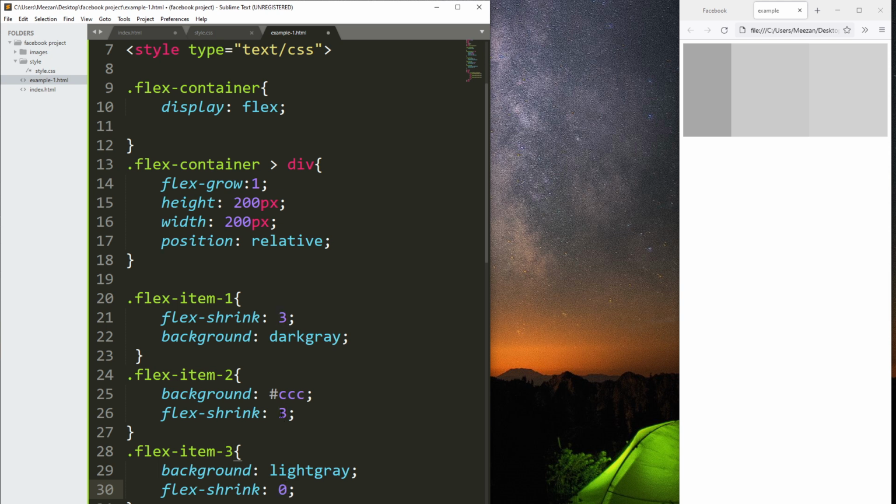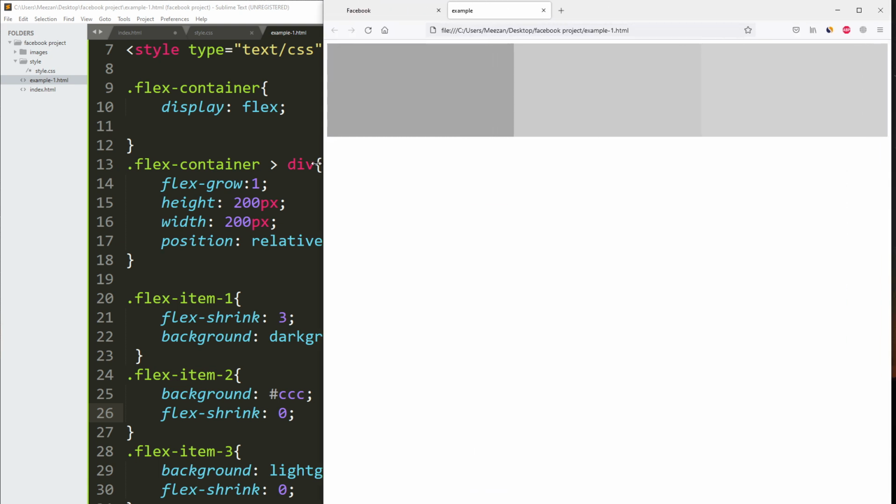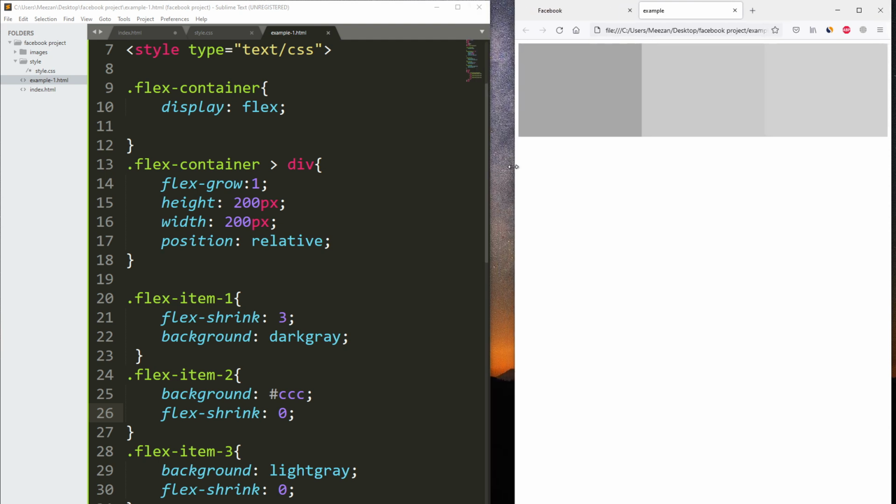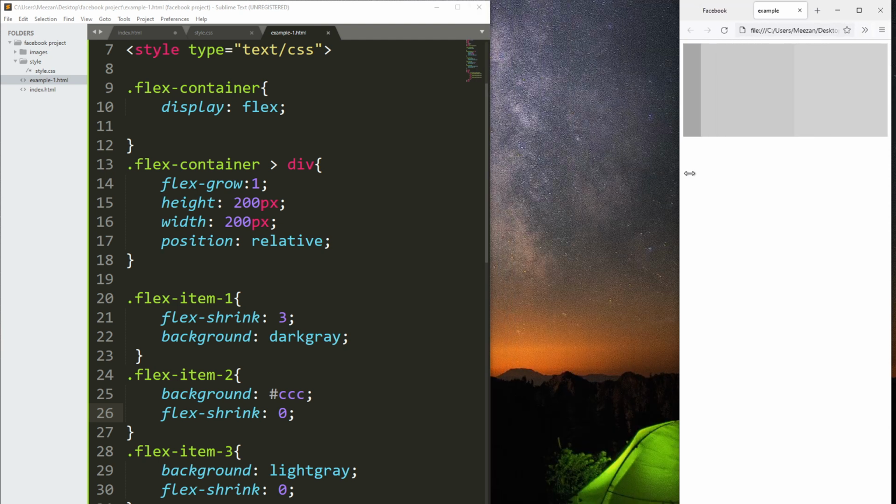Let's say I put 0 here and 0 here and save the file, and I refresh the page. You can see the flex items which are given the flex shrink 0 value are not shrinking at all, and you can see flex item 1 shrinks 3 times faster than these two elements. If I increase the size of the browser, you will see it getting back its position, and when I reduce the size, you can see it reducing 3 times faster than these two other elements,